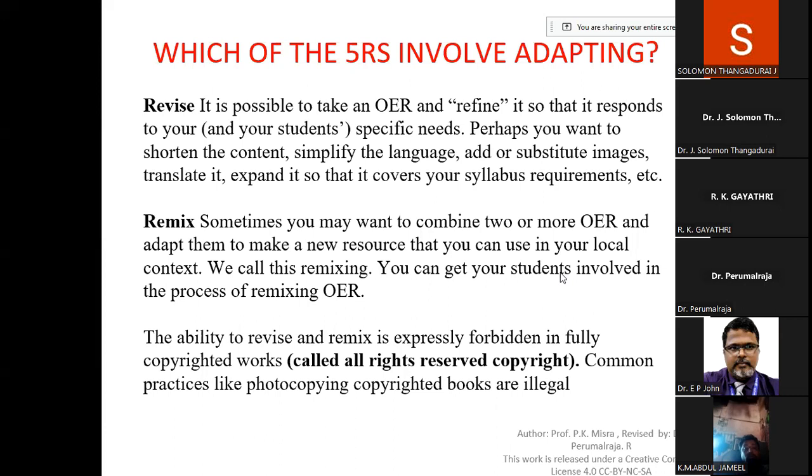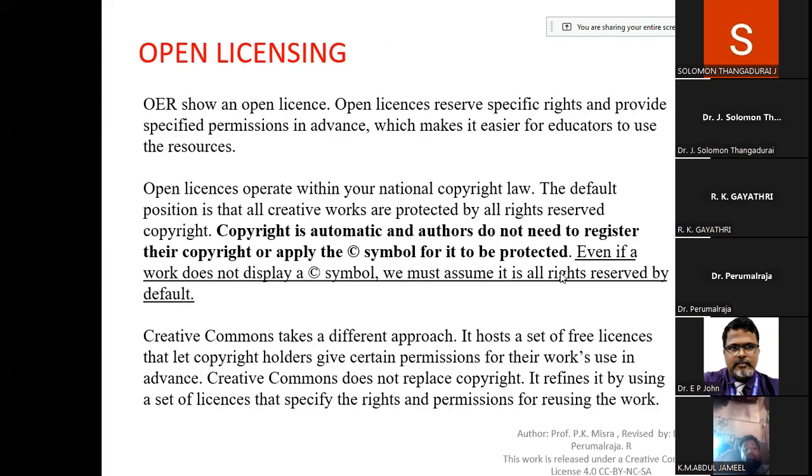The next part is, what do you mean by open license? OER has an open license. An open license reserves specific rights and provides specific permission in advance, which makes it easier for educators to use the resources. That is why we tell you to put a CC or Creative Commons license, so it is easy for us to identify which is OER content and which is not an open license.